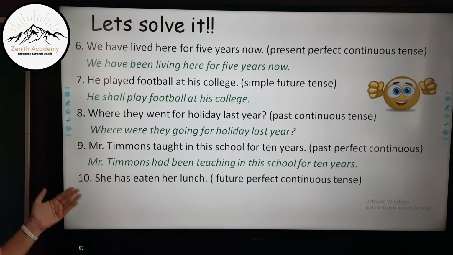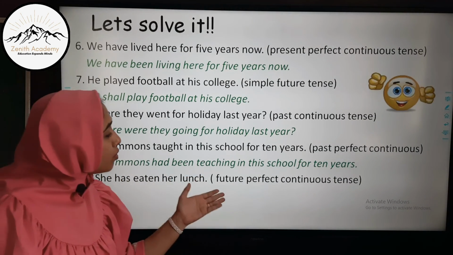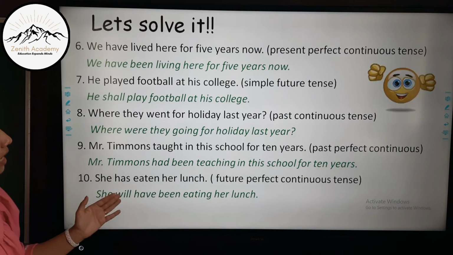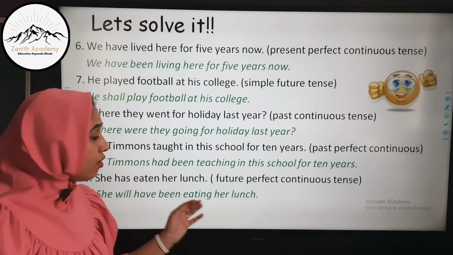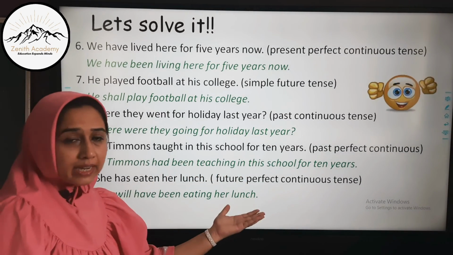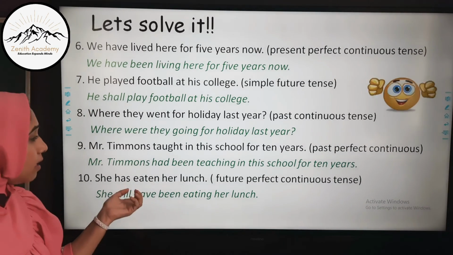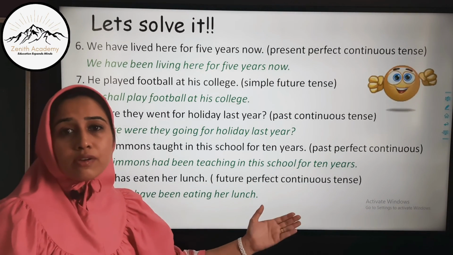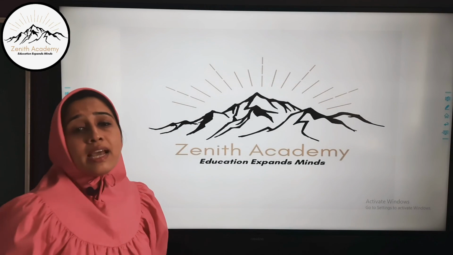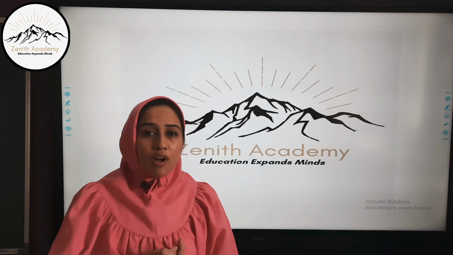The last one is, she has eaten her lunch. We have to convert this into future perfect continuous tense. So it becomes, she will have been eating her lunch. Will because future tense, have been because perfect tense, and eating, the ing form of the verb eat, because we are saying continuous tense. So my dear students, hope the concept of tenses is clear in this very short video and you will be able to solve all the tenses